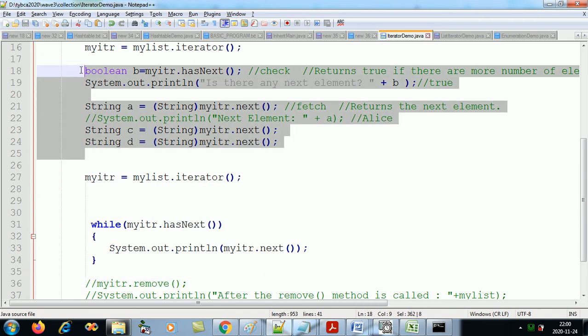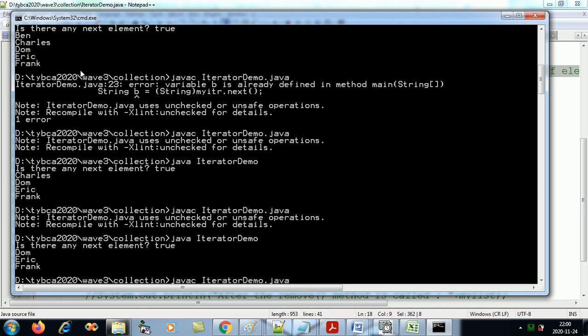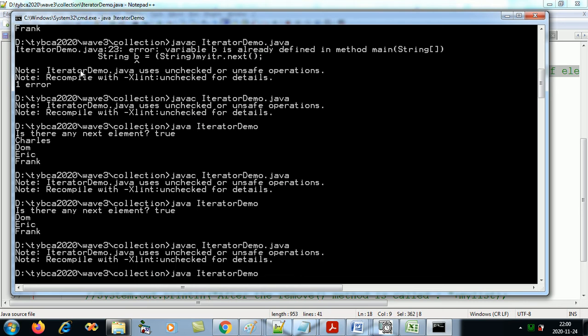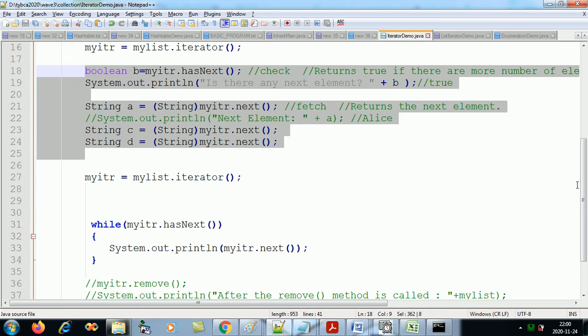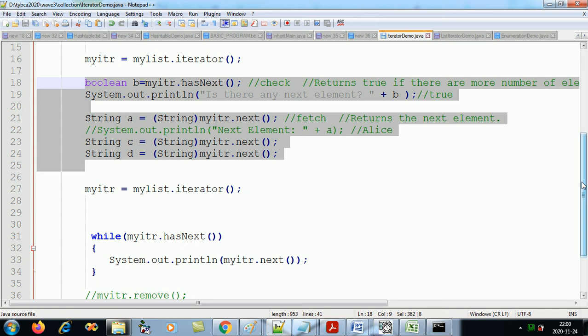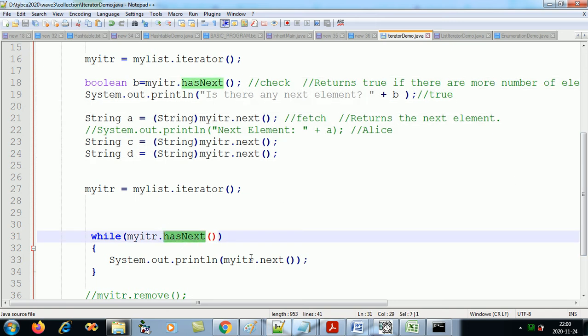Now this all will be ignored. So this is your array, this is your iterator. So to check hasNext and to display next. hasNext, what will it do? Return true if there are more elements, and next will return the next element.